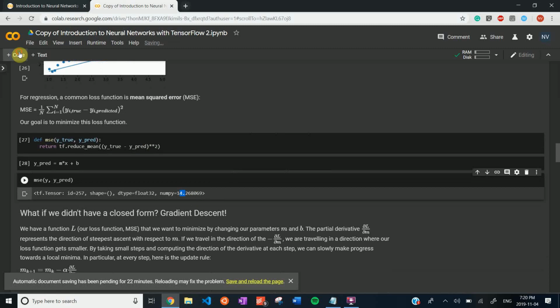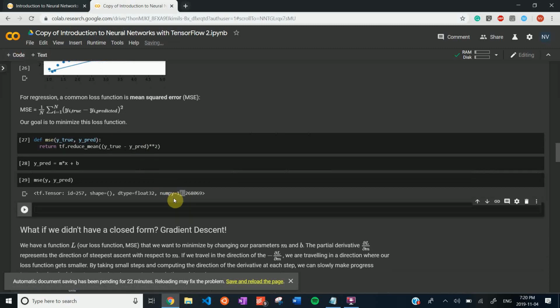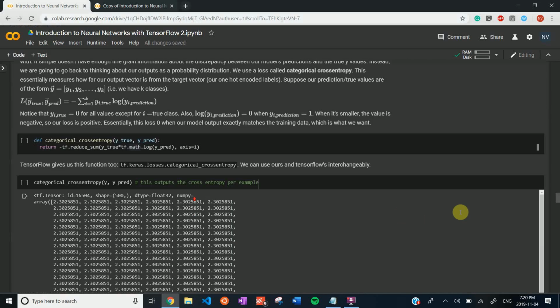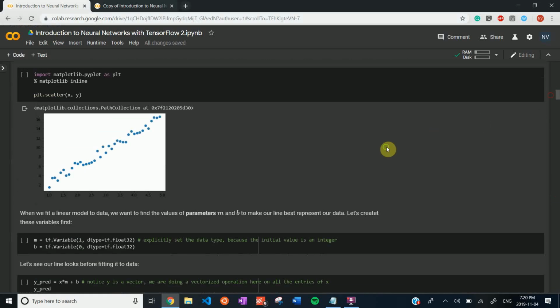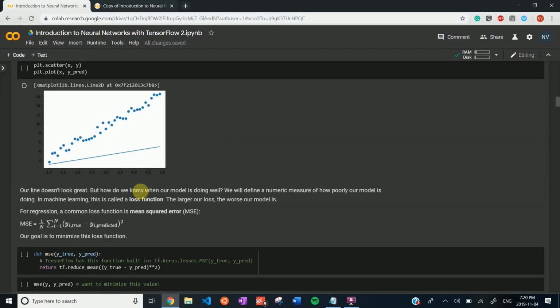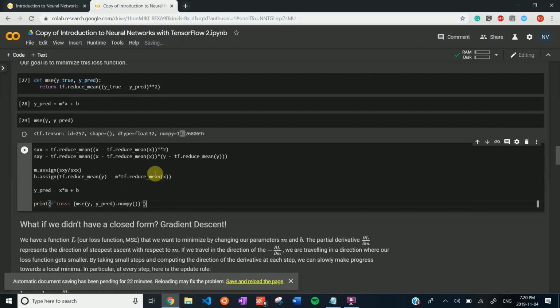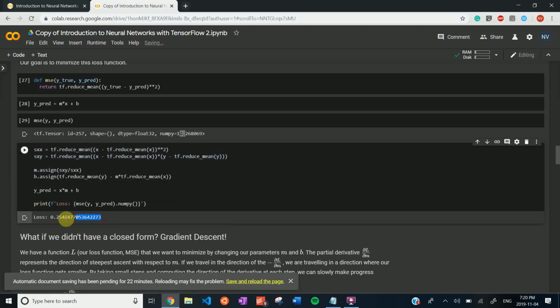If you guys are familiar with linear regression, you know there's a closed form solution for this. I'm just going to type this out. Actually, I will not type it out for the sake of time. But essentially, we are computing some values, and we're assigning these variables a new value. And now we can see that the loss is much smaller, and then we can also visualize how this looks